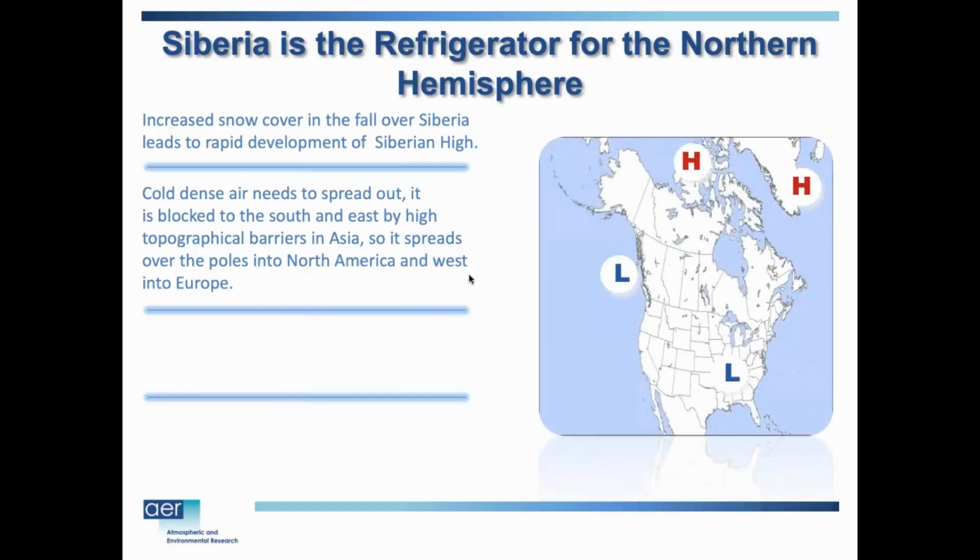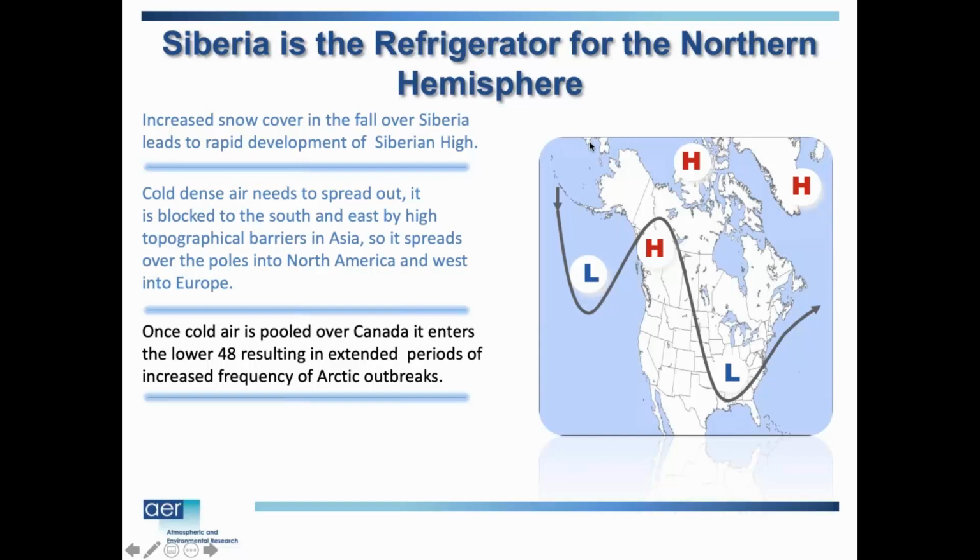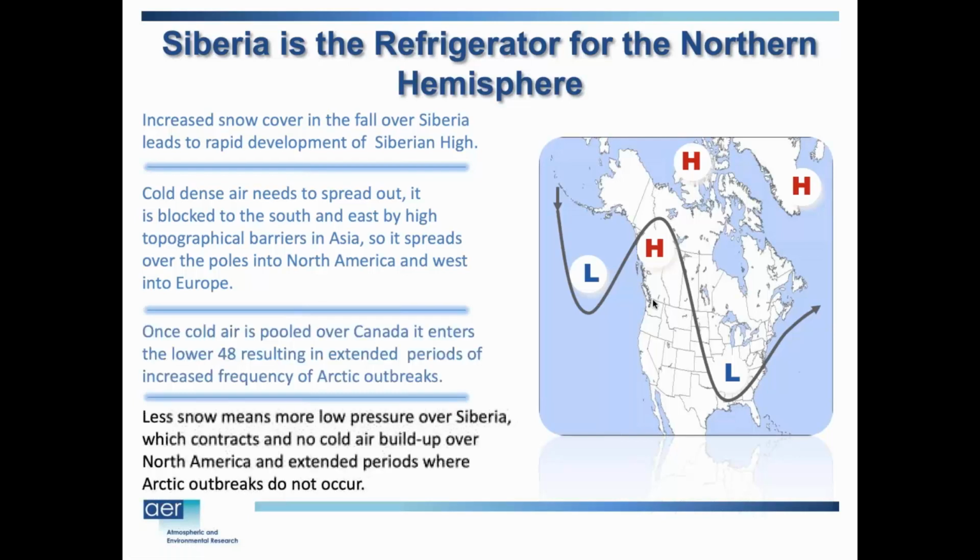So you have this cold air coming over the pole, building this Arctic high pressure, strengthening, developing a Canadian high, and getting maybe this positive PNA pattern across North America, troughing near the Aleutians, ridging along the west coast of North America, and then a trough in the eastern U.S. And kind of the door is open now to these Arctic outbreaks, and you have this northwesterly flow that delivers the cold air from the Arctic into the low 48 of the United States.